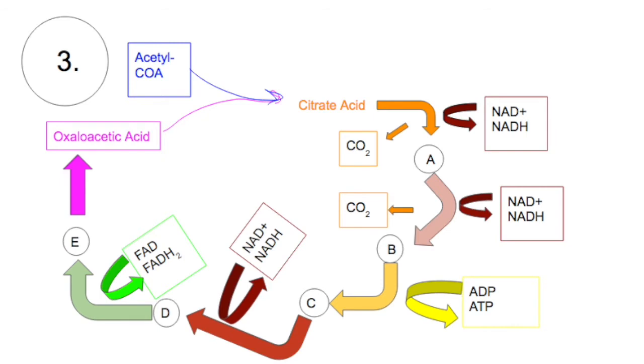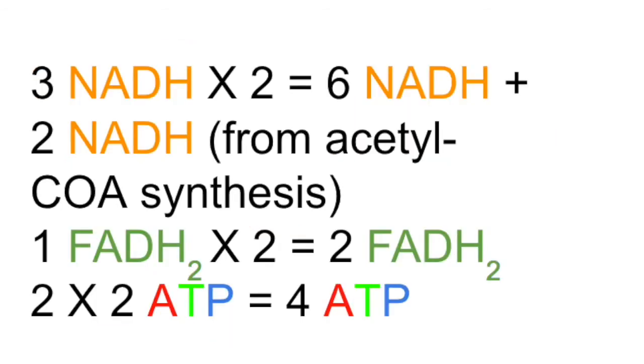From citric acid to step A, NAD+ is converted into NADH. The same thing occurs from steps A to B. NAD+ turns to NADH by accepting a hydrogen ion and 2 electrons, which will be later important for the electron transport chain. At the end of the cycle, 3 molecules of NADH are created, while 1 molecule of FADH2 is created